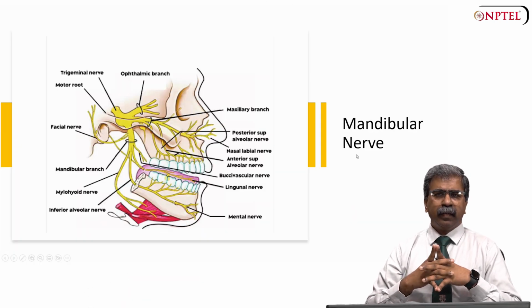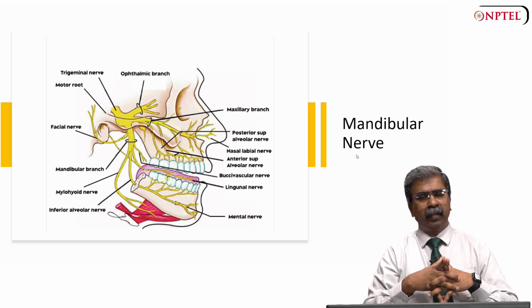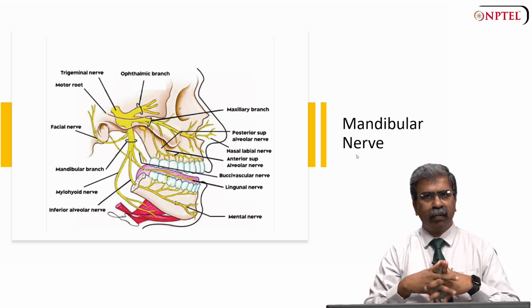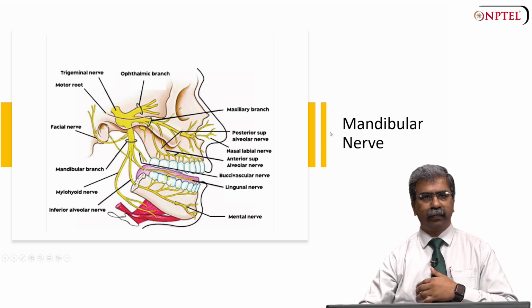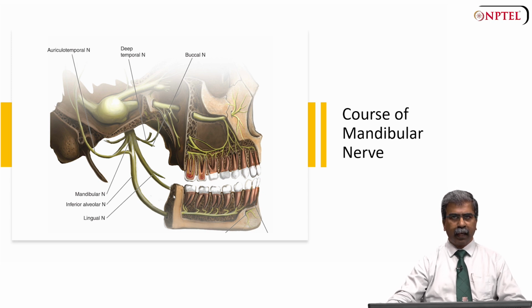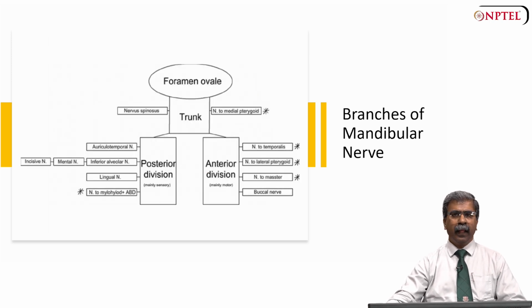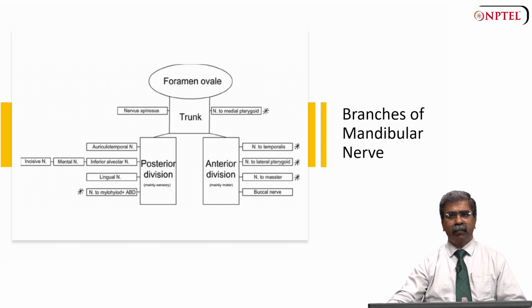The mandibular nerve, which is the third division of the trigeminal nerve, plays a very important role in the sensory and motor innervation of the lower jaw. The mandibular nerve, as you know, emerges from the trigeminal ganglion, which is located in the middle cranial fossa, and it exits through the foramen ovale. I would like to highlight the branches of the mandibular nerve, and we have two branches, the sensory and the